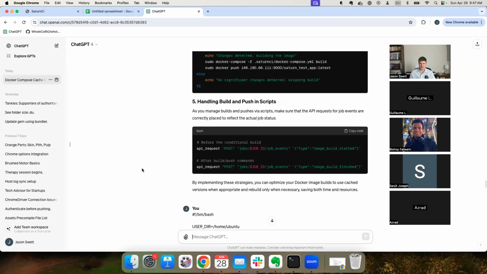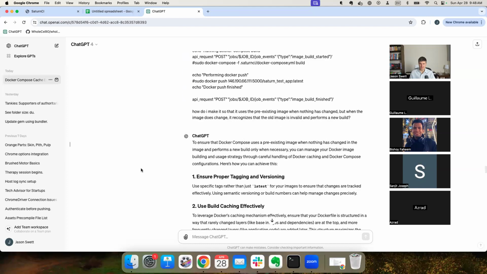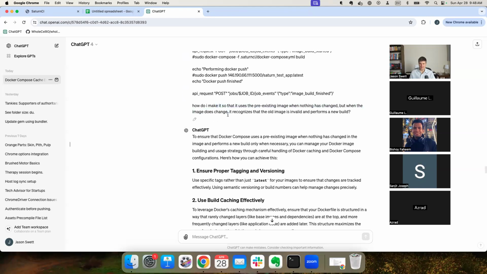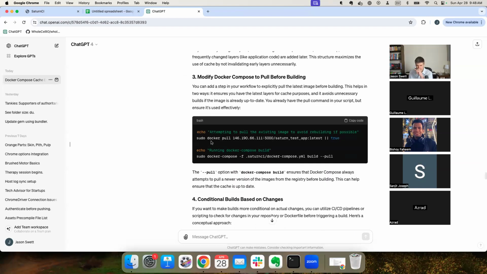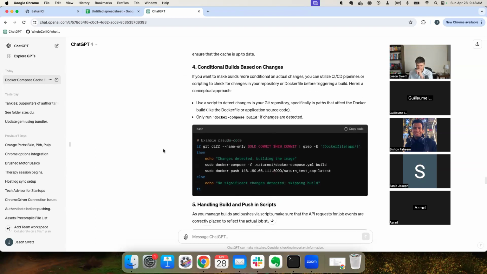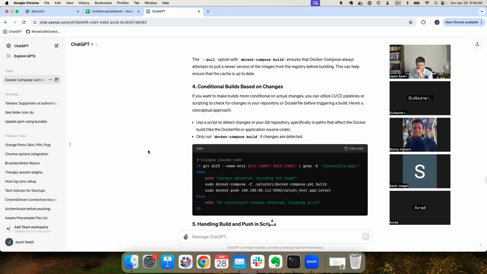Okay, let me go back to my place here. Yeah, here's where I asked it how it can use the pre-existing image. Okay, so what's this all about? No, not this. What's this all about? Old commit, new commit. Where do those come from? Conditional builds based on changes. If you want to make builds more conditional on actual changes,